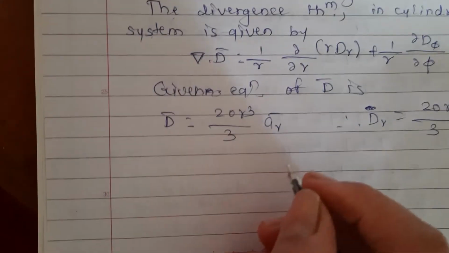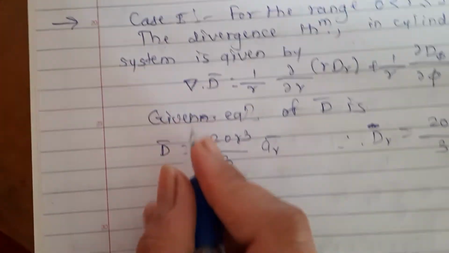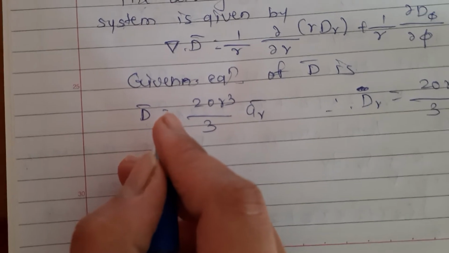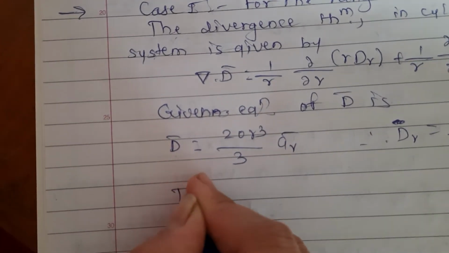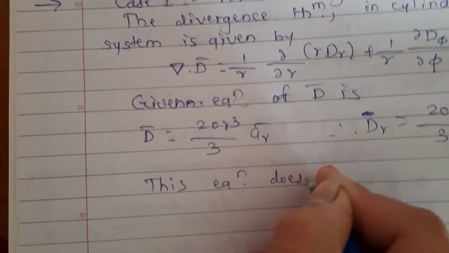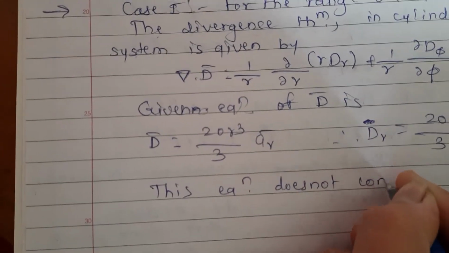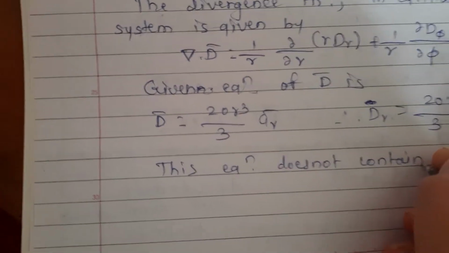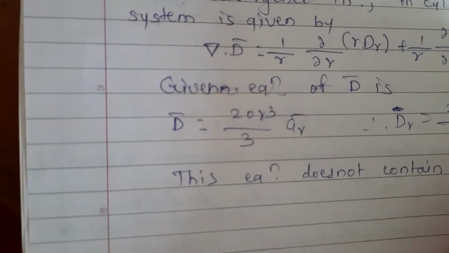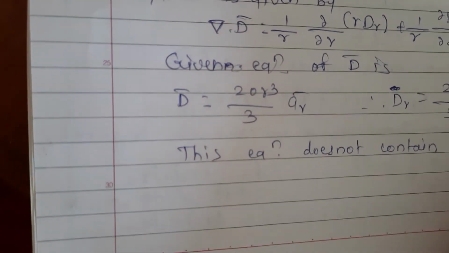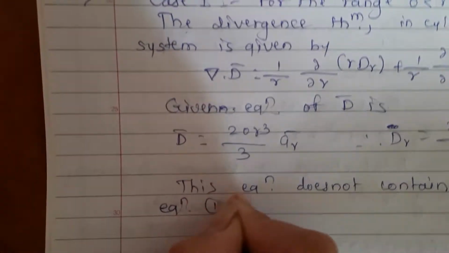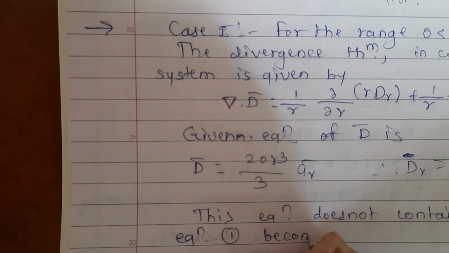Now this equation does not contain a phi bar and a z bar terms. So equation 1 becomes